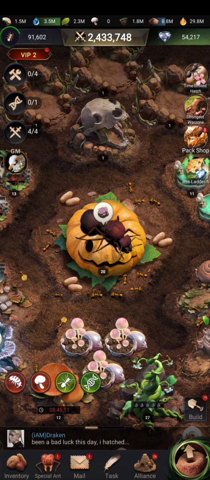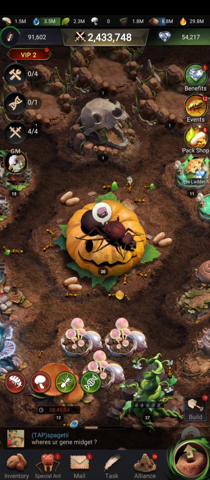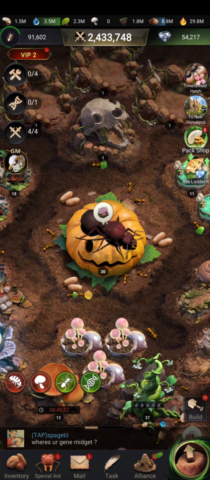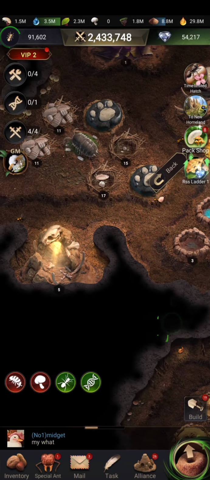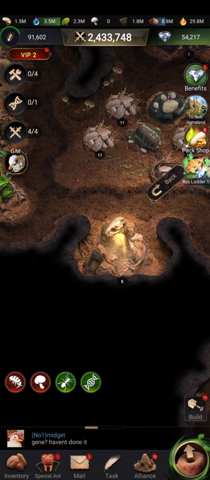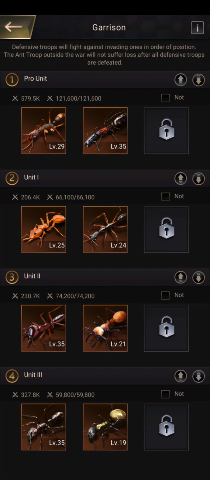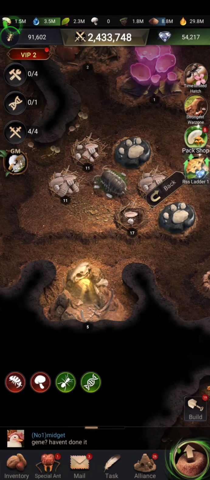And another thing, okay, this is another thing. Whenever you are looting your farm account, I also recommend for you to uncheck the garrisoned unit, because you don't want to injure your soldiers inside. So this is a recommendation to not garrison any units. Okay,